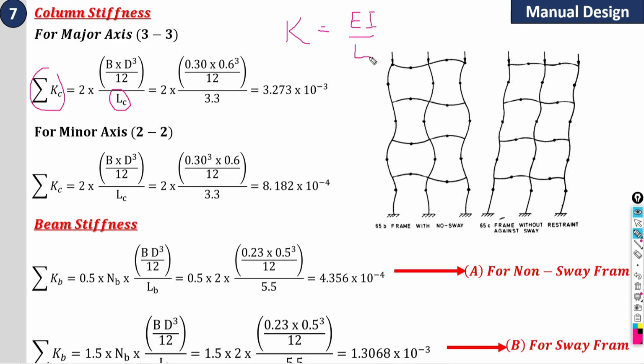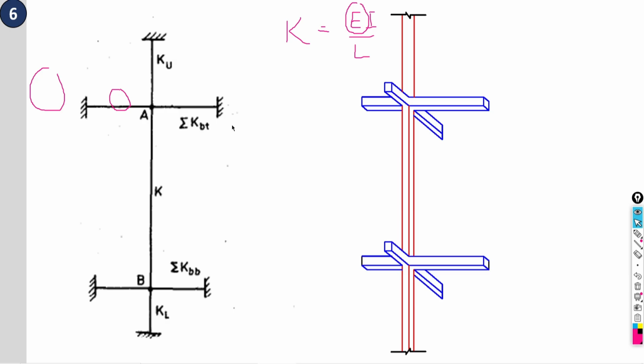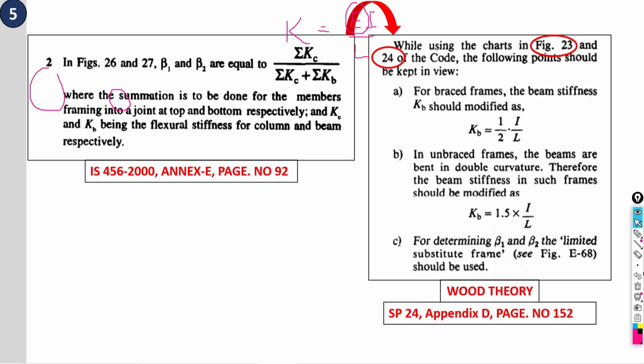You will say, sir, all is okay, but in our problem there is no E. So why am I going to eliminate E? Because in our formula, stiffness is on the top and also on the bottom, in numerator and denominator. So we take E outside from both, and it is going to be cancelled. The modulus of elasticity for your column and for your beam will be the same, because both are concrete elements.